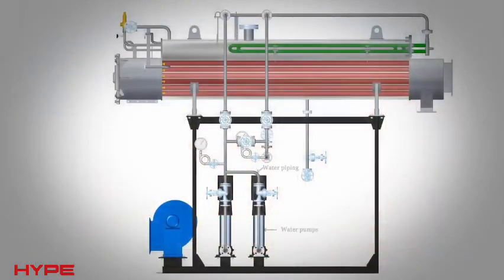The feed water pumps transfer the water from the main water tank to the boiler drum through a set of piping and valves. When WHR is used, the feed water is passed through a coil of WHR and is heated up before entering the drum. Normally, 2 feed water pumps are provided, one of them being a standby.